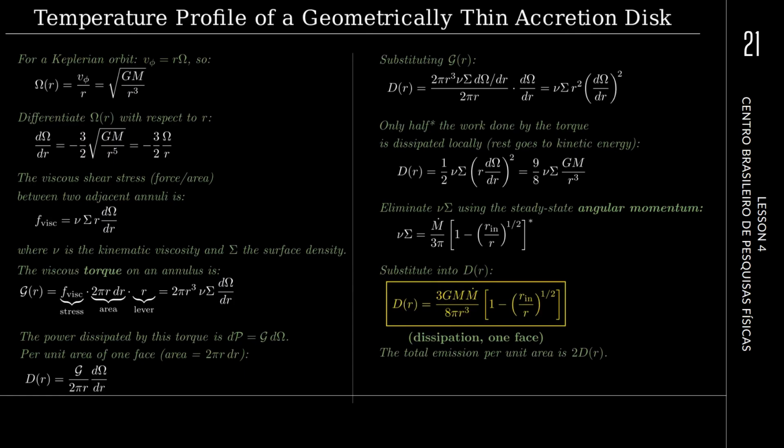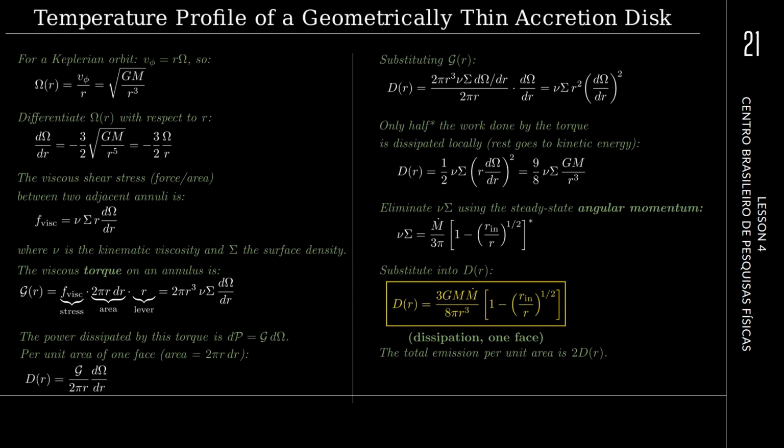This one, no. If you do, you get 2 extra points in the first oral exam, okay? But just if you want to do that. In any case, you can prove that the viscous coefficient times the surface density can be written like this, and if you substitute this here, you find the total power